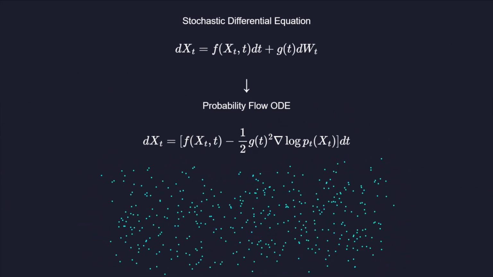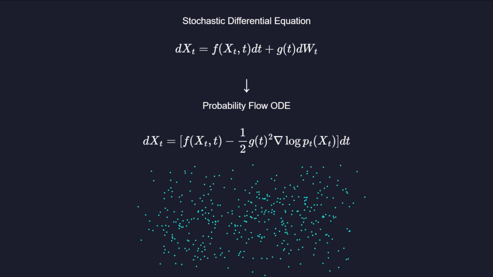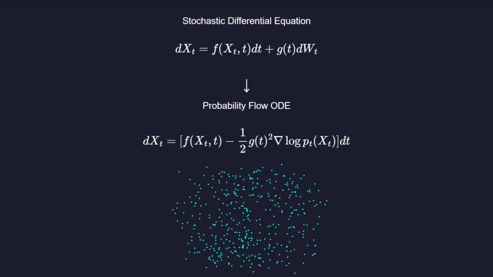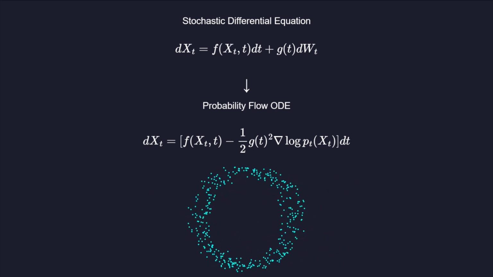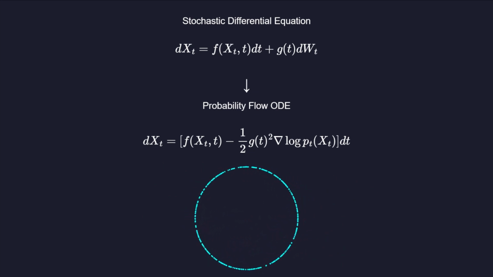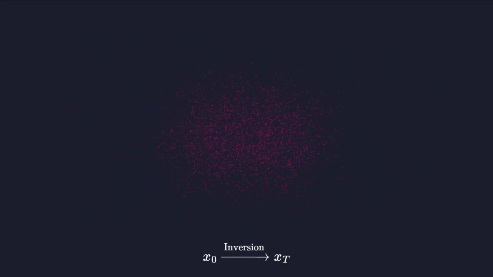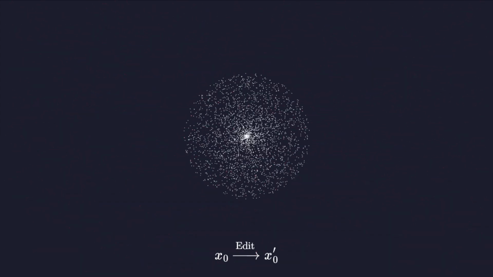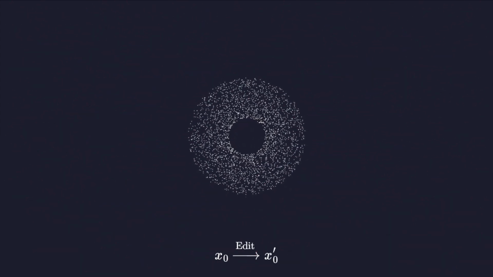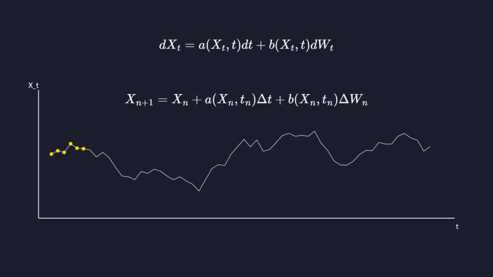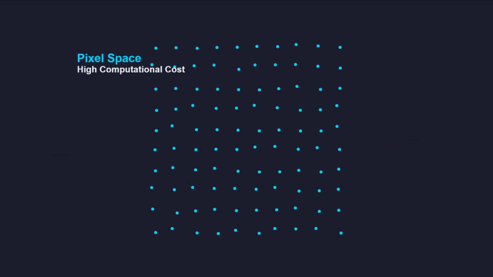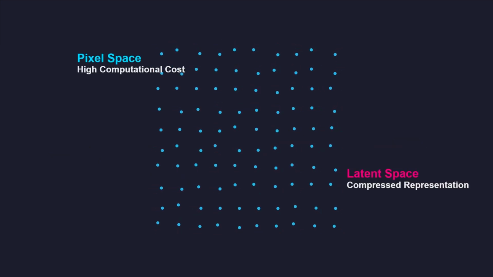For every stochastic differential equation, there exists a corresponding deterministic ordinary differential equation called the probability flow ODE. This allows for noise-free, perfectly reproducible image generation. Deterministic sampling enables the inversion of images back into their initial noise states. This is pivotal for editing specific attributes while keeping the rest of the image consistent. We solve these equations using numerical methods like the Euler-Maruyama integrator. These algorithms discretize the continuous time steps into manageable computations for the hardware.